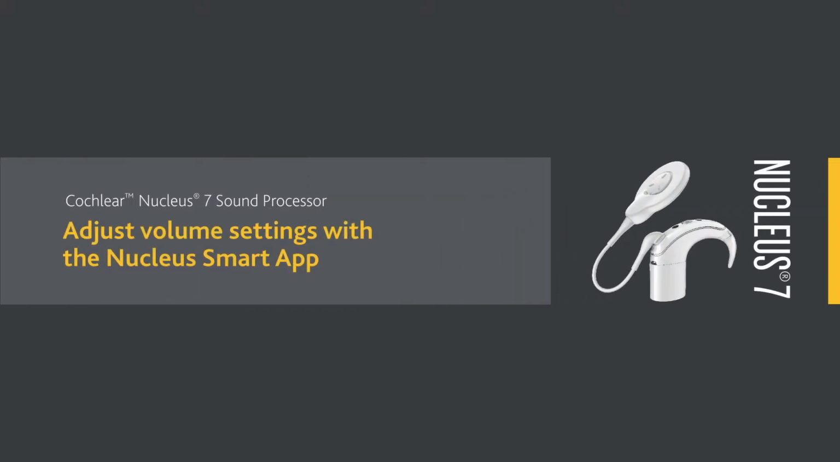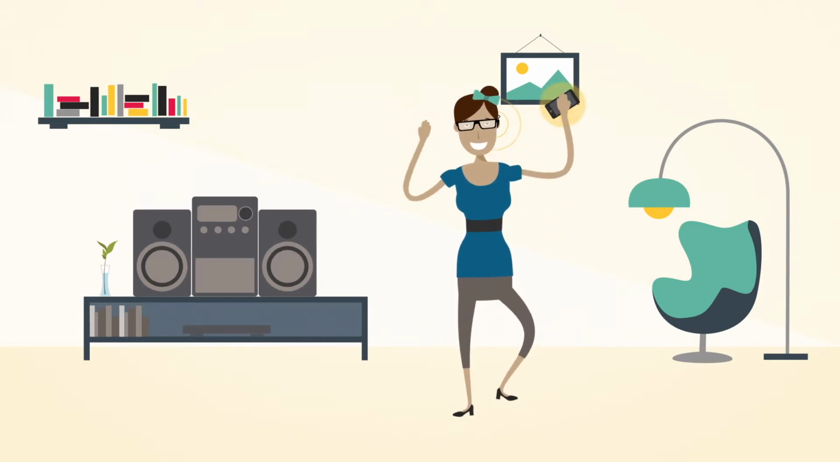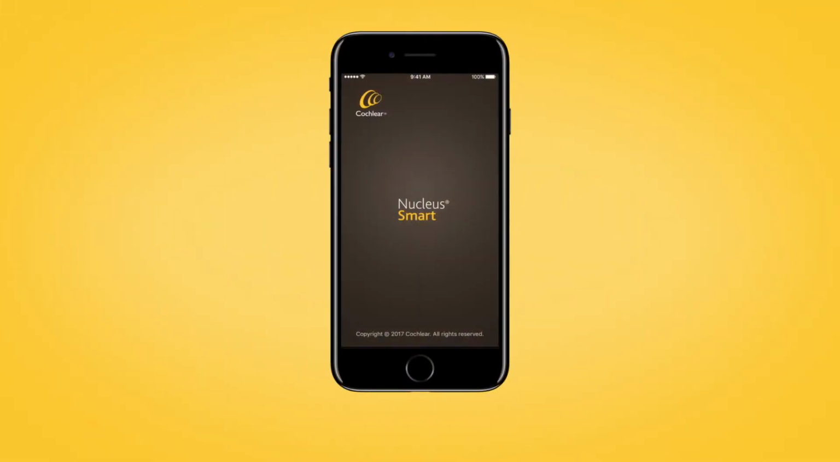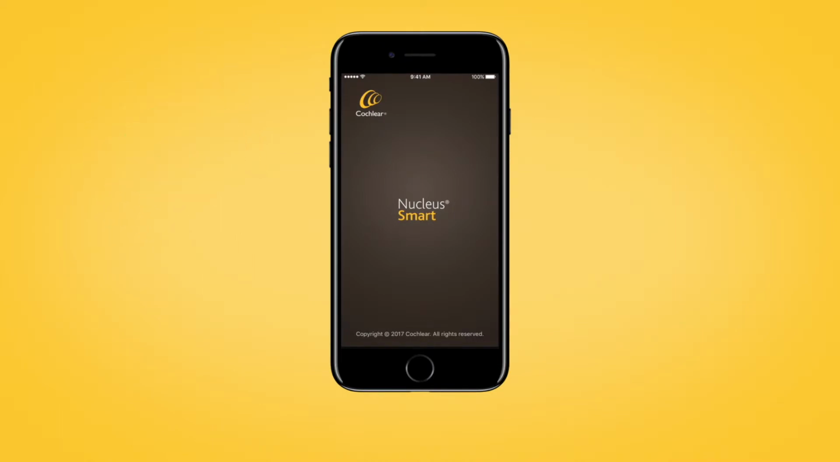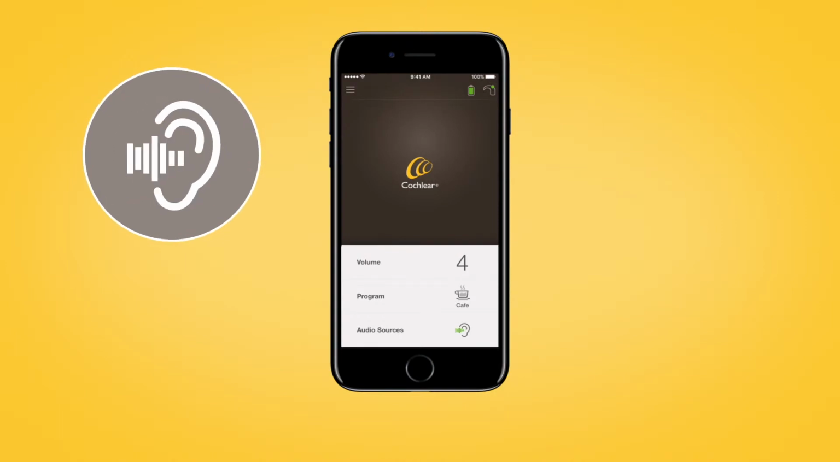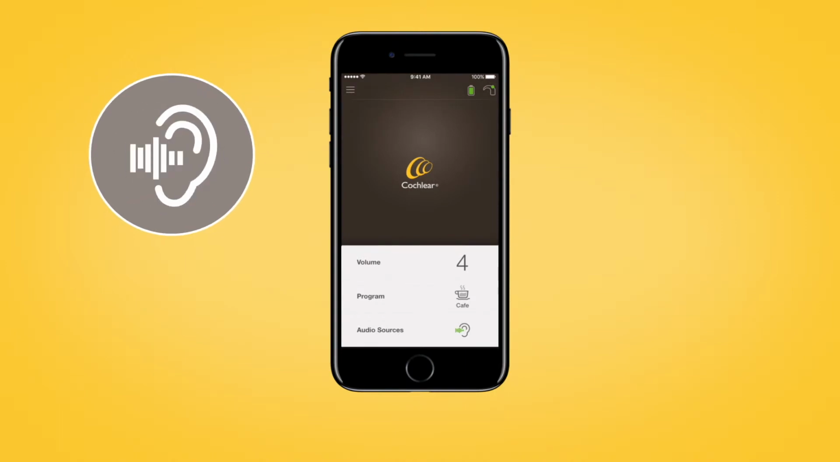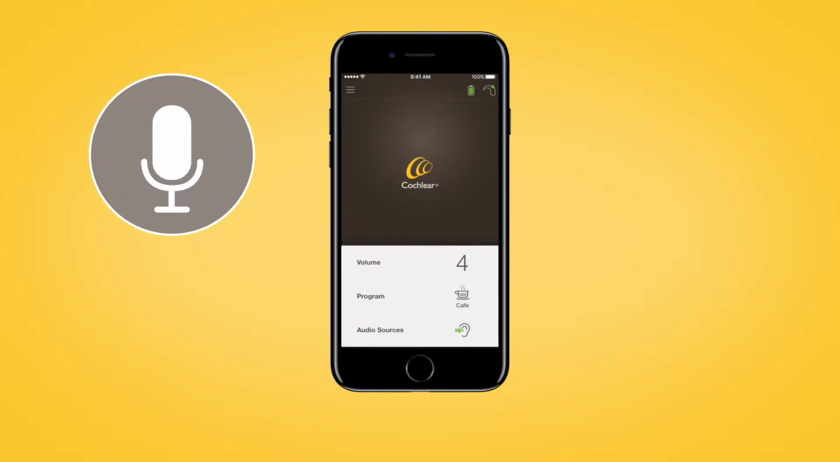When paired with a compatible Apple or Android device, you can use the Cochlear Nucleus Smart App to control and monitor your Cochlear Nucleus 7 sound processor. You can quickly and easily adjust your sound processor volume, change program, and start and stop streaming audio from true wireless accessories. The Nucleus Smart App allows you to adjust the sensitivity, bass, treble, and master volume limit levels of